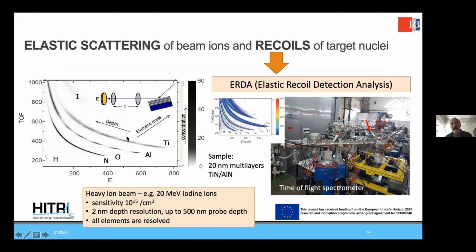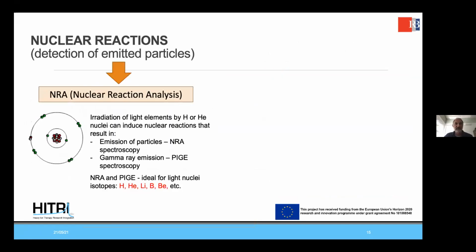So almost every element can be resolved. This is one example of a multi-layered sample with very thin layers of several tens of nanometers. So this is extremely useful for nanotechnological applications. And then finally, nuclear reactions are ideal for the analysis of light elements, let's say lithium, boron, beryllium, most typically,